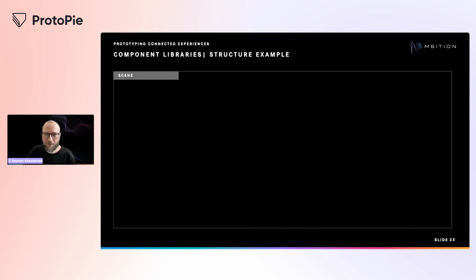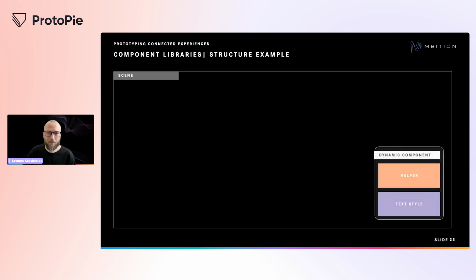And talking about that, here is an example of how component structure could look in relation to each other and in relation to a scene. It's very abstract. Let's say we have a scene here, and me as a user, I'm putting a dynamic component from a component library on the scene that is including some elements from different libraries. It's including one helper element and a textile. It could be, for example, just a header. Then I'm placing the background from the static component library.